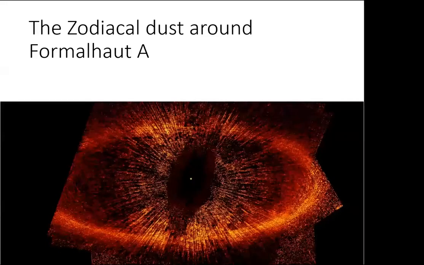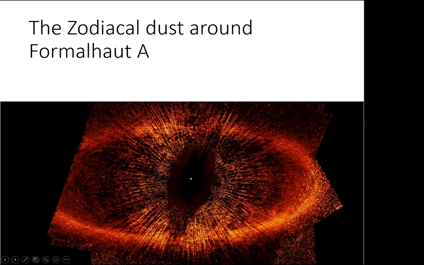Now, we talked about dust rings around other stars other than the Sun. This is the coronagraph image of Fomalhaut A, and a huge dust ring around it. The coronagraph has blotted out the central image of the star here, and we've painted in a little dot just for reference. That's where the star would be, but the obscuring disk in the telescope has blotted out most of the light from the star and revealed the enormous dust ring around